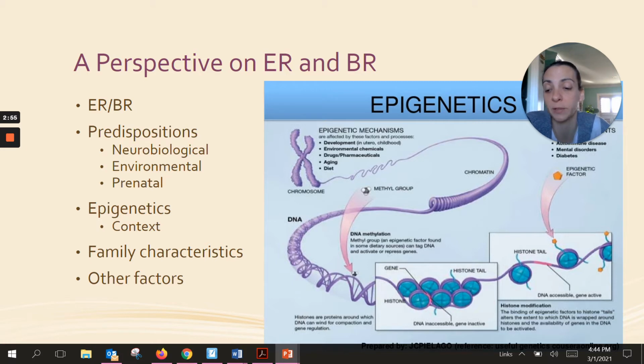And there are some family characteristics that we know are linked to the development of conduct disorder and oppositional defiant disorder, specifically harsh or inconsistent punishment. And there are some other factors as well. Perinatal complications, so complications right after birth, neurocognitive deficits, low IQ, and parental antisocial behavior all could be a predisposition for the development of difficulties with emotional and behavioral regulation.